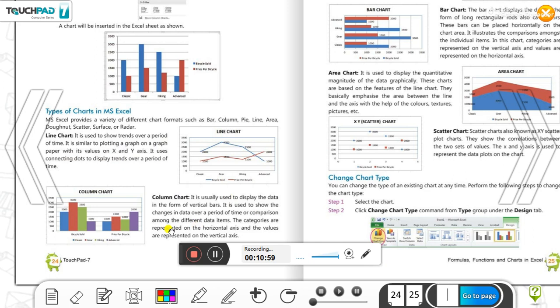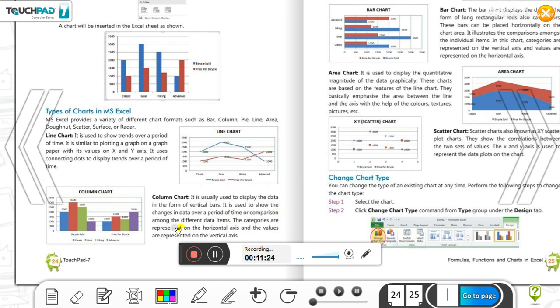Same as the column chart. The column chart is usually used to display data in the form of vertical bars. These are your vertical bars, showing the values.